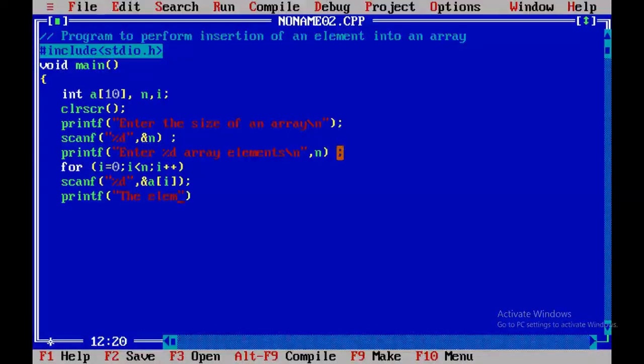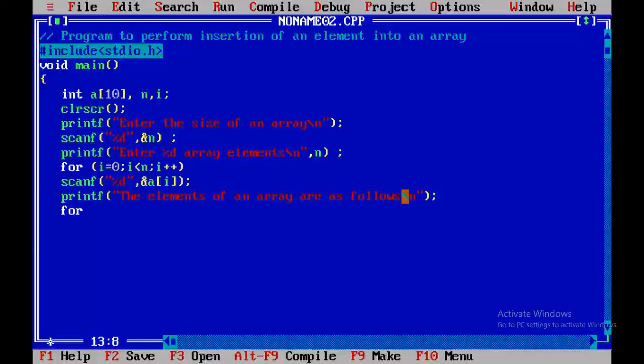The elements of an array are as follows. \n.